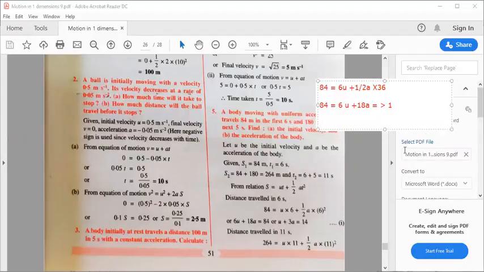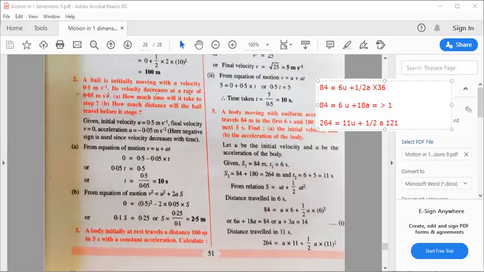The second equation will be my total value. So I saw what S2 will be: 84 plus 180, and you will be taking 264. So 264, what is the time? 11 seconds, because I have to take the total time also. So 11u. Okay. What will be half a? So half a, and what is 11 square? 11 square is 121. 121. Okay.